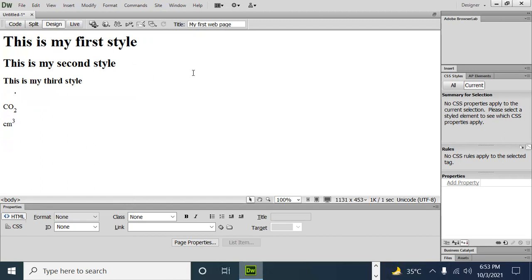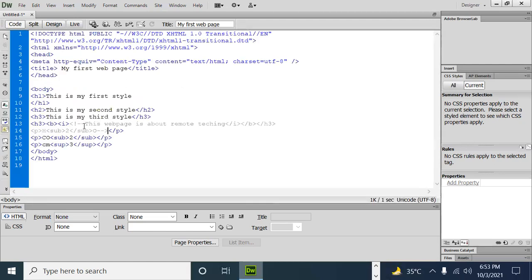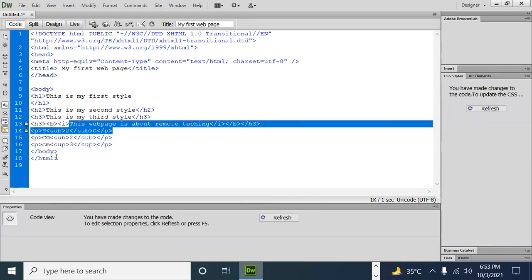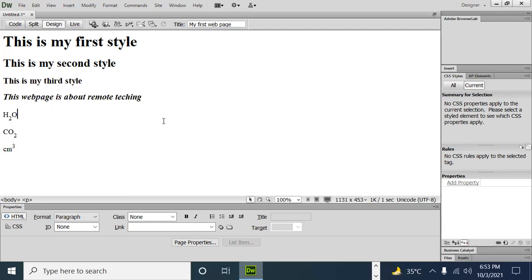So we can apply comments and we can even remove them. Just go and select it and remove it. Okay, now your text is back. So now the next step is to see some more things we can do here.